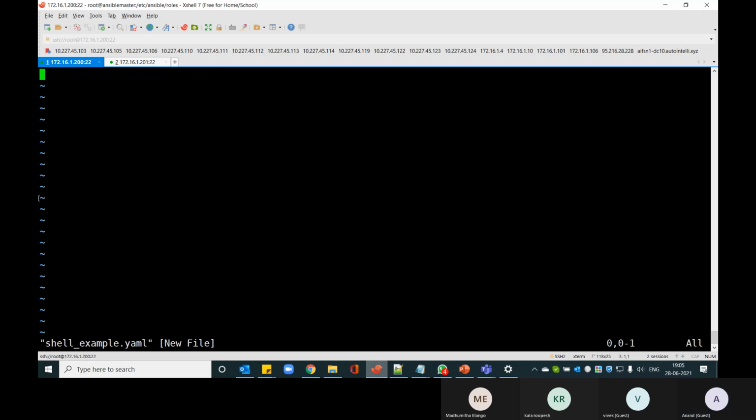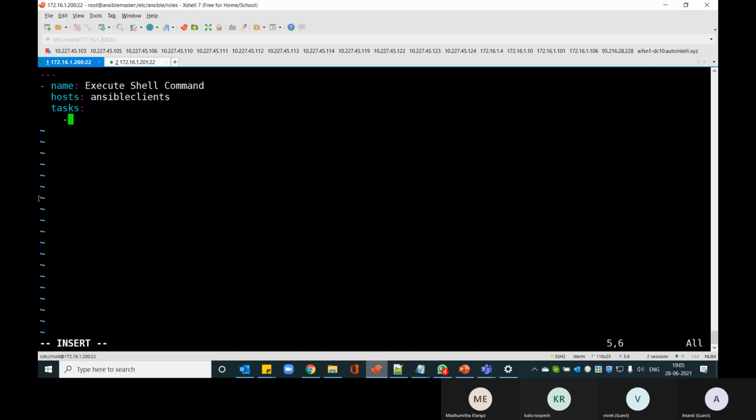YAML, and then as usual I say this is my YAML file, and let's say the name is "execute shell command", which is my playbook name. I say hosts which are part of my Ansible clients would take part in this playbook, and the tasks.